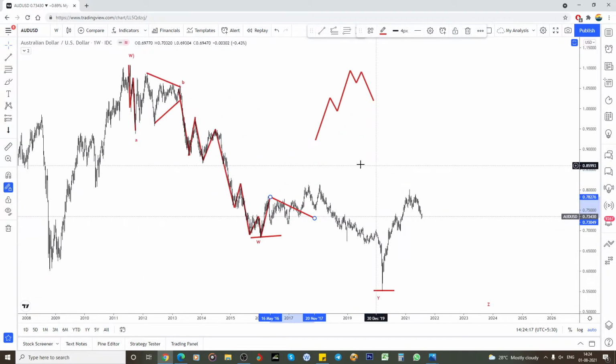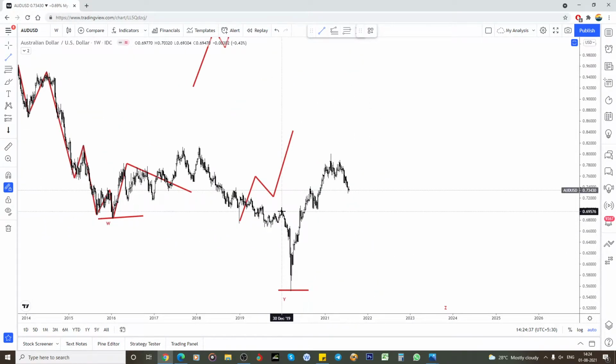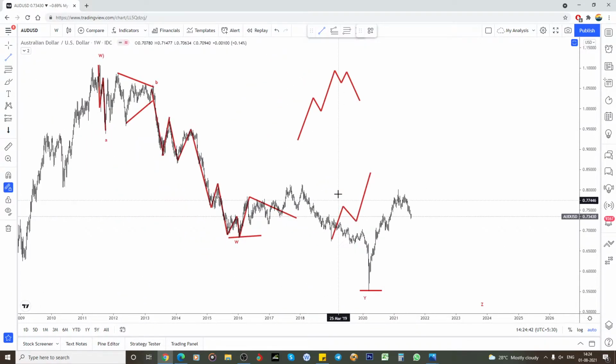So what I thought previously, if it had already broken this low, I thought like this, whether it is going for a running flat or it is going to make an expanded flat. I thought like that only, but because of this pandemic, the corona drop, it dropped severely, right? So it is invalidated here. But for me, that is why, even if it goes high, I took this as an expanded flat.